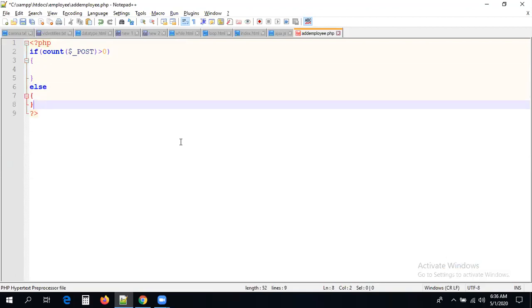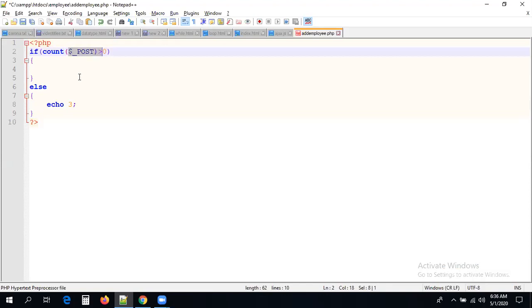If data is not received by the server, I will write a status message called 3. This is a response to the Ajax call. So if we got response 3, we can simply show a message: sorry, we are unable to get the data. This is the message we can populate in the front end if you got 3. Sometimes you submitted the form, but the data was not received. So I'm just checking a condition. If data is there, do something; if data is not there, I'm sending response number 3 to your Ajax call. By seeing that response, you have to populate a proper message to the user.